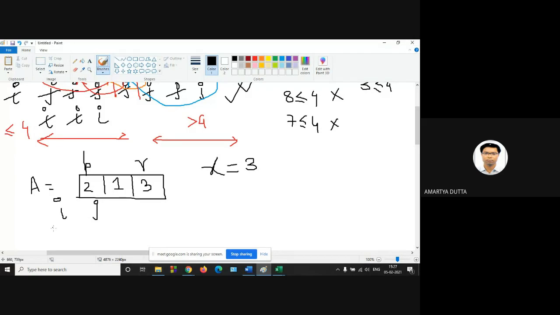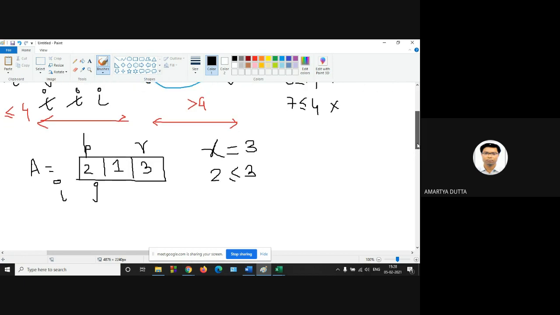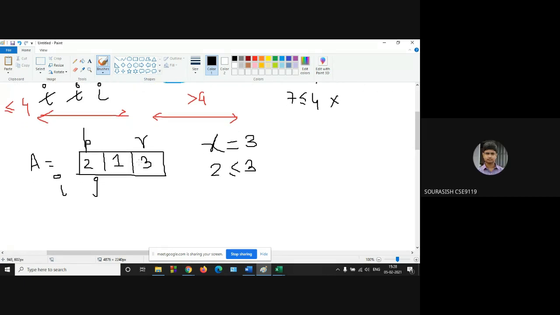Next, J runs from P to R minus 1. Now 2 is less than or equal to 3. If 2 is less than or equal to 3, then Shourashish, what should we do? Increment I and exchange A[I] and A[J].